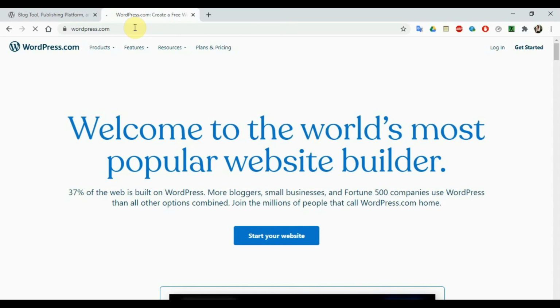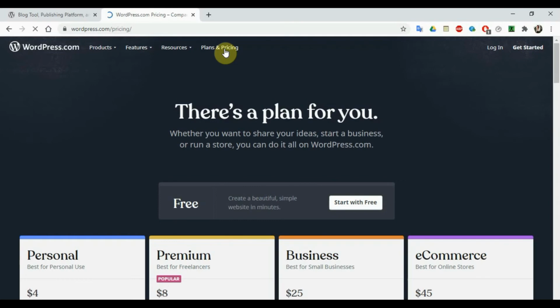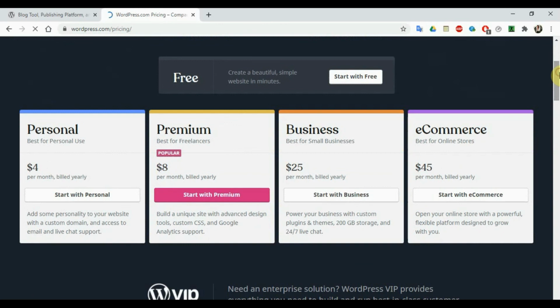Of course, it will tell you to create a free website, but looking at the plans and prices alone, you'll be restricted in a lot of things. It's actually cool at $4, I understand, but for somebody like me, what I'm advising is that to manage your website efficiently, you should